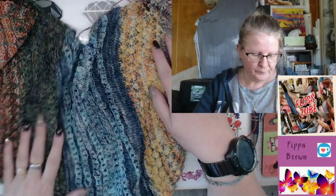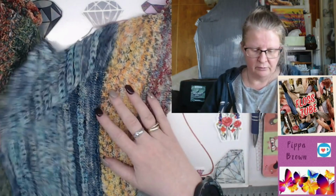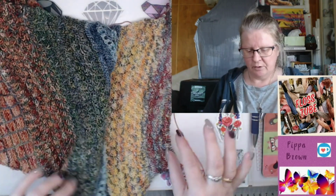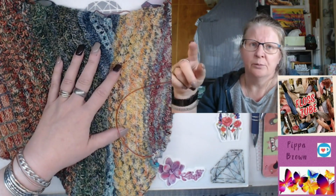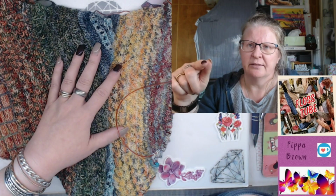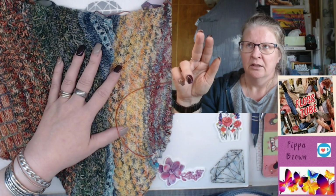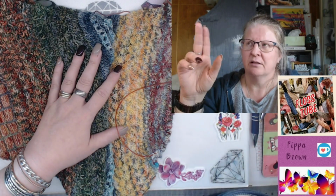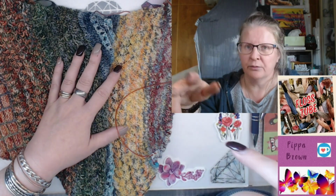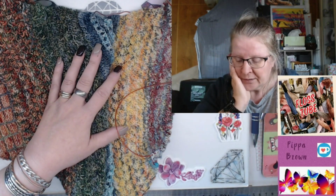I love the rest of these. I love this section here, and this is just simple. This is the most difficult crossover of the pattern, because what you're doing is knitting into one yarn over, knitting into the same stitch again off, so you've got 2 extra stitches, and then you're doing knit 2 together, slip stitch, slip slip knit, or you're slipping 3, or you're slipping 1, and just trying to keep your head